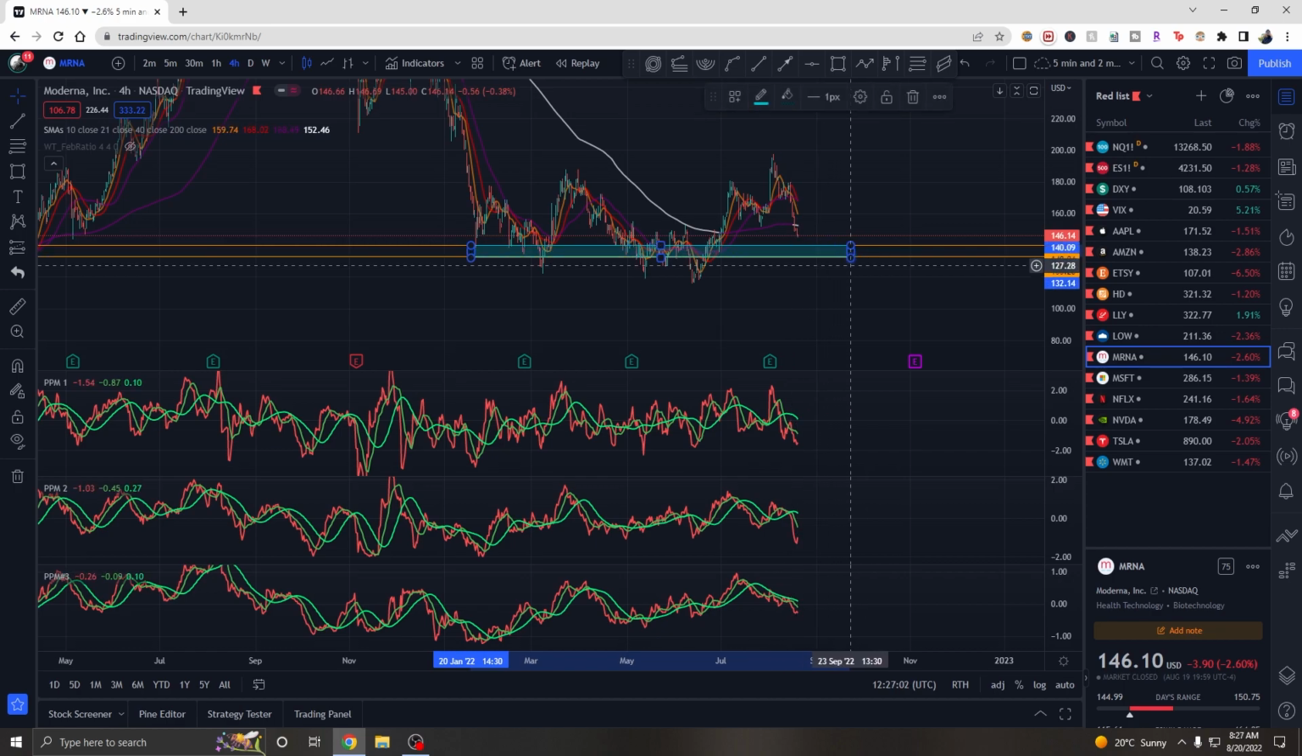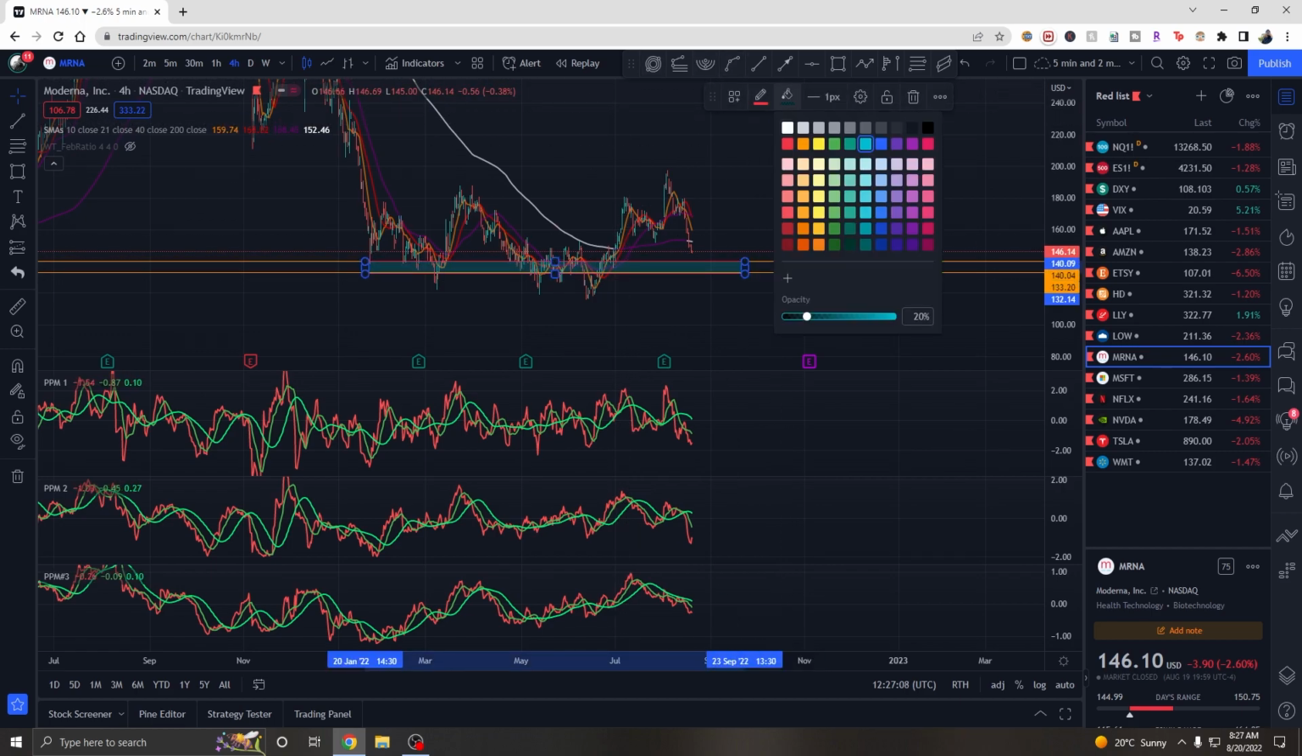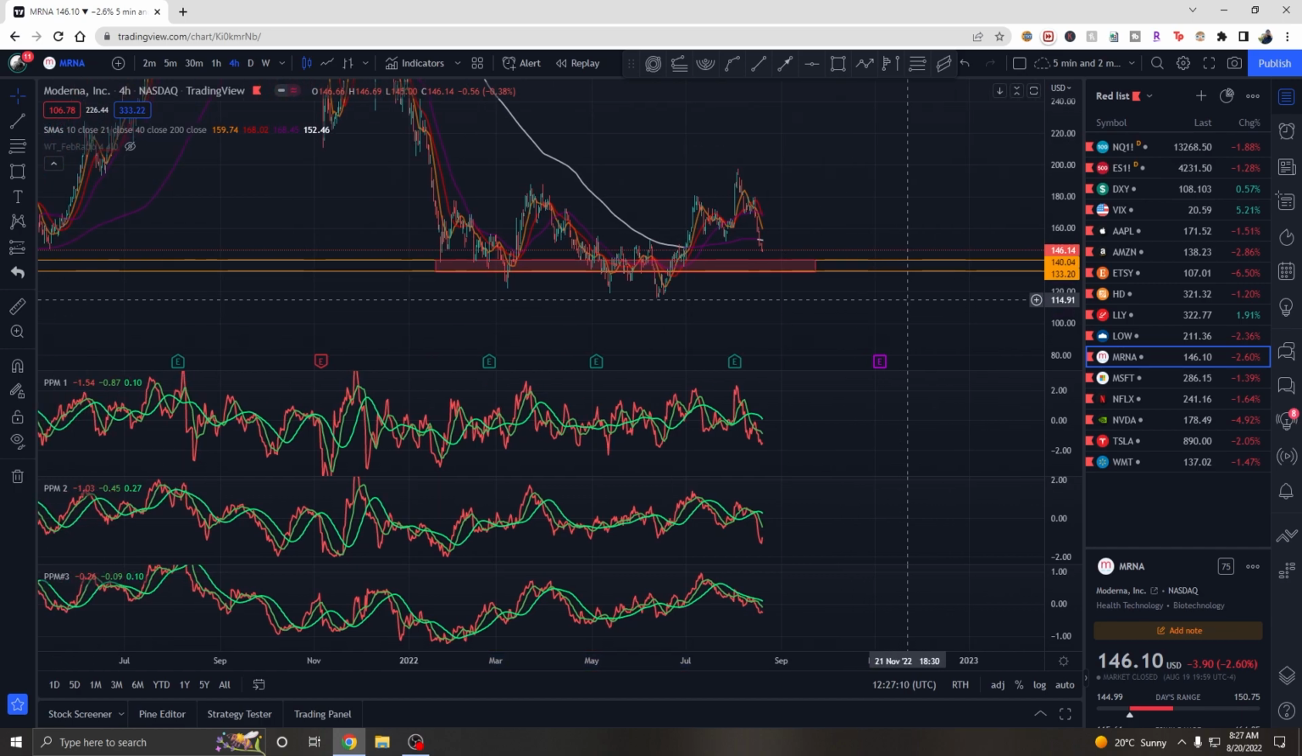So I'm not expecting its price to fall below that, but it all depends on the market condition, all depends on the healthcare sector momentum and all those things. Considering those things, just watch for this level 140, 140.04 and